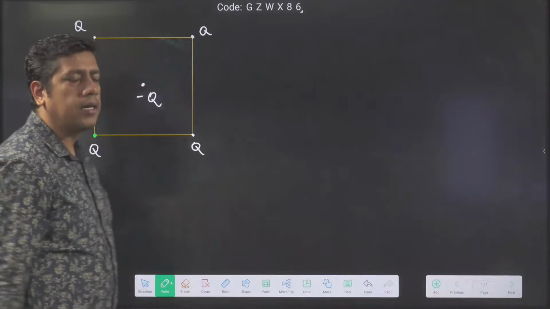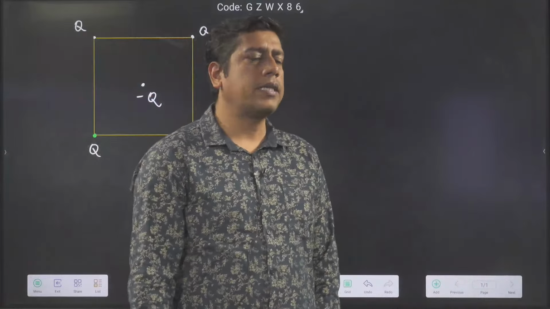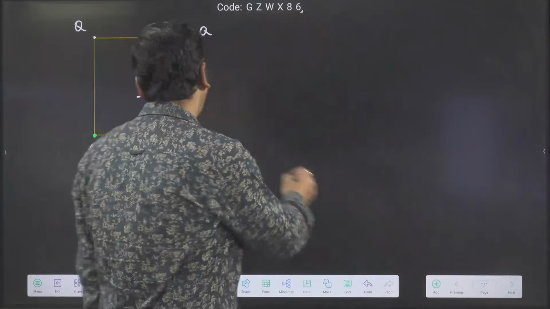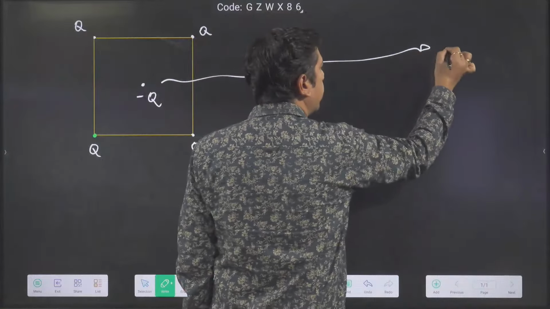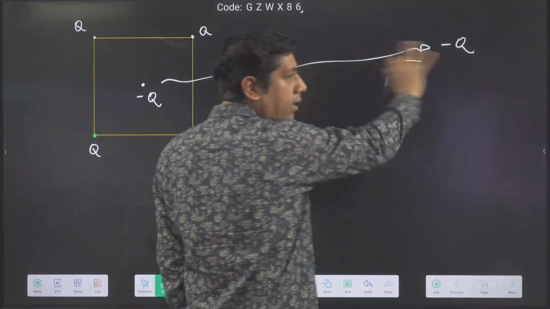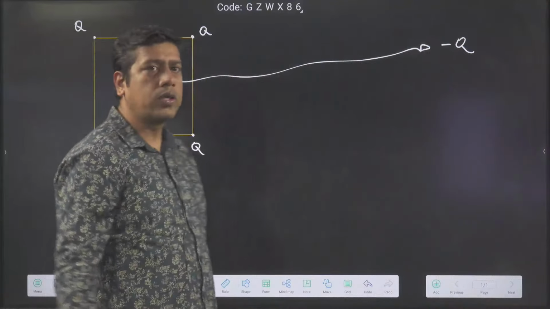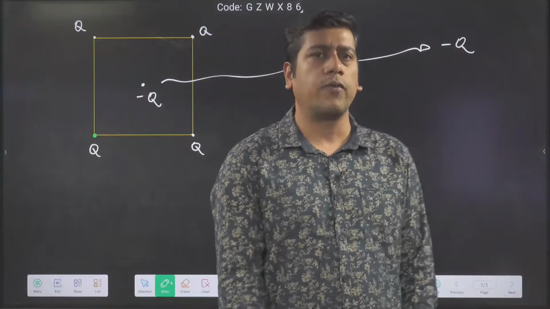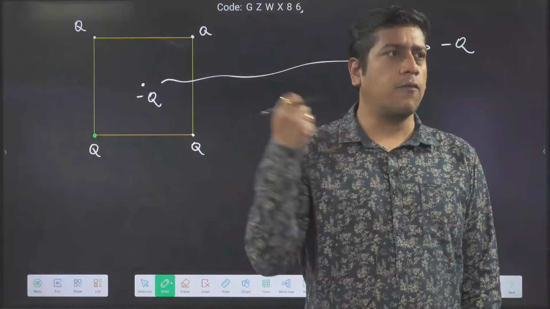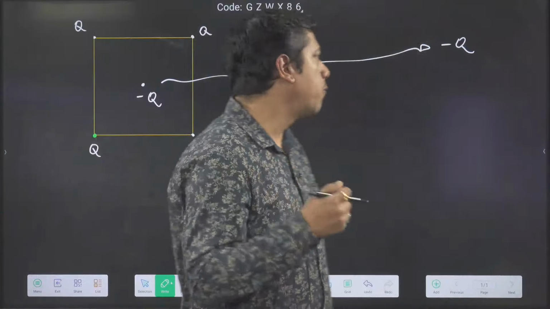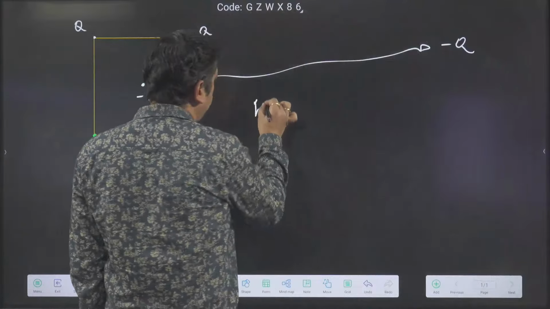Minus q was placed earlier at the center. Now we have to take it to infinity. Then obviously these forces will do some work, or you can say the external force which is removing it will do some work. So when we talk about the external force,